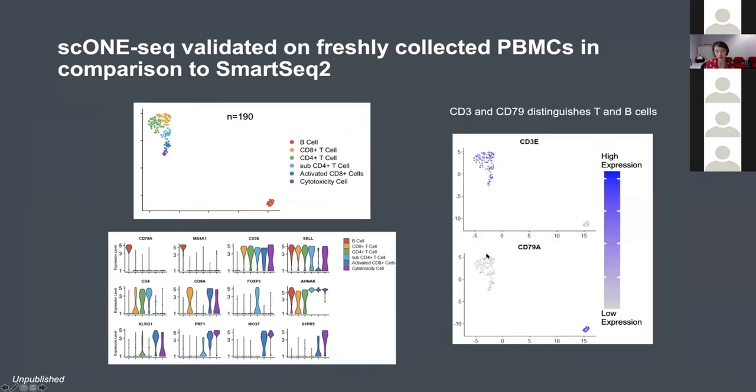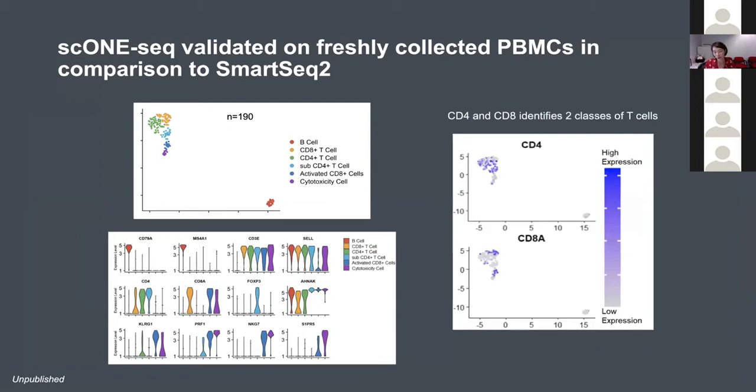And using the different markers that were detected, for example, we can distinguish the T cells from the B cells using the canonical CD3 and CD79 markers. Using CD4 and CD8 expression, we separated out 2 different classes of T cells that we captured in the PBMCs. Then we can further